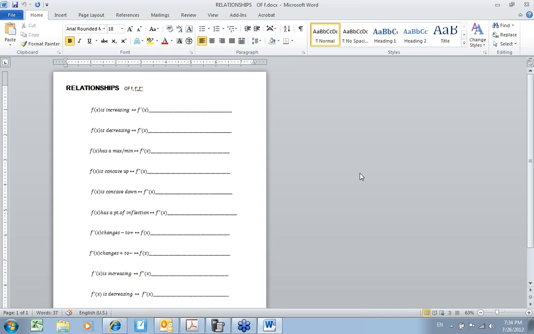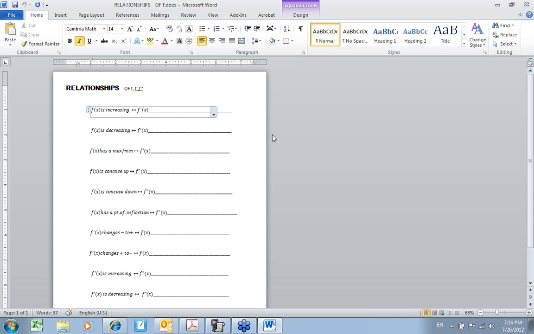So you see in this little sheet here I have a little arrow in the middle, and that means they need to know it going forward and going backward. So for instance, the first one says, remember we talked about this, if our function's increasing, so I'll tell them, think about the blue and think about the part where it was increasing. What does that mean? It means all those y values are getting bigger, so your slope must be positive. So they fill in the blank.